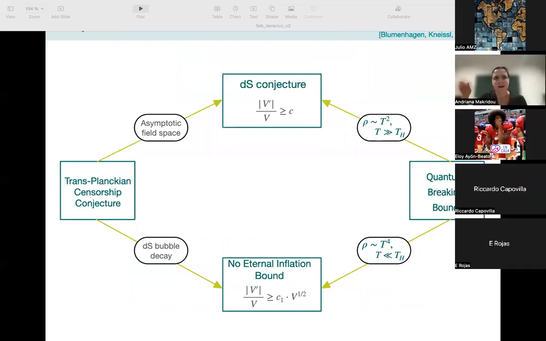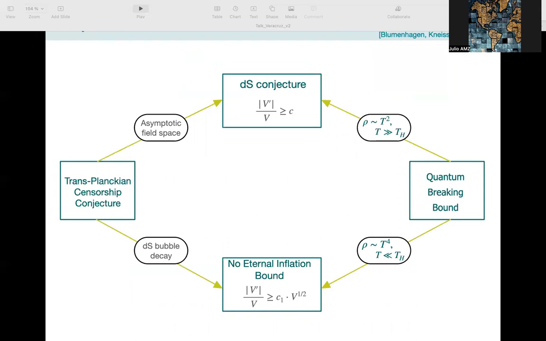And we actually had some work related to that. We made the observation that if you accept that there is some kind of thermal component related to this decoherence, the effect that Dvali is describing as quantum breaking can be viewed as the addition of a thermal component in the energy momentum tensor. And then you do a string theory study of this. You compute the thermal partition function with a compactified Euclidean circle and so forth. What you find is that in string theory, when you raise the temperature,